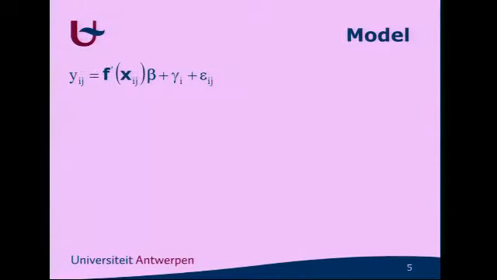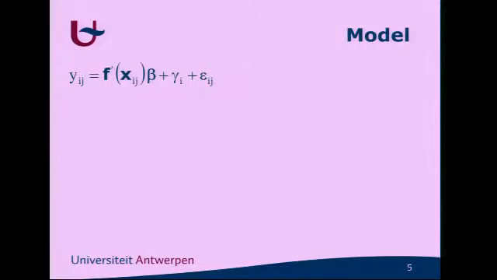What models do we use to analyze data from such experiments? Well, I think most of you know the kind of models we use. We have a certain response y, and I have given the y two indices, ij. The i corresponds to the block in which the response is measured, and the j corresponds to the number of the run within the block. So here we have y_ij, the jth response in the ith block, and we model it as a sum of three components,